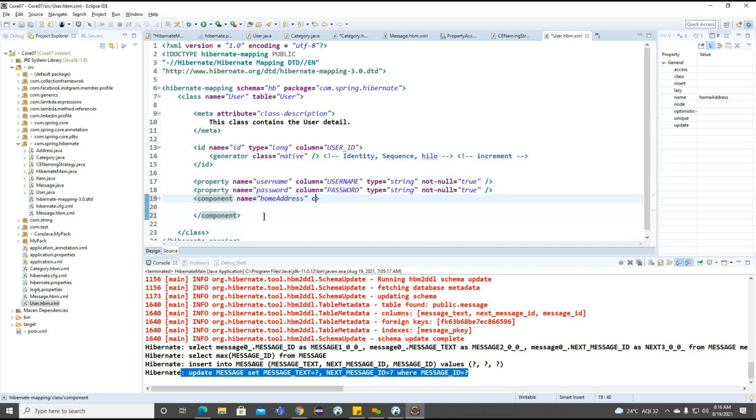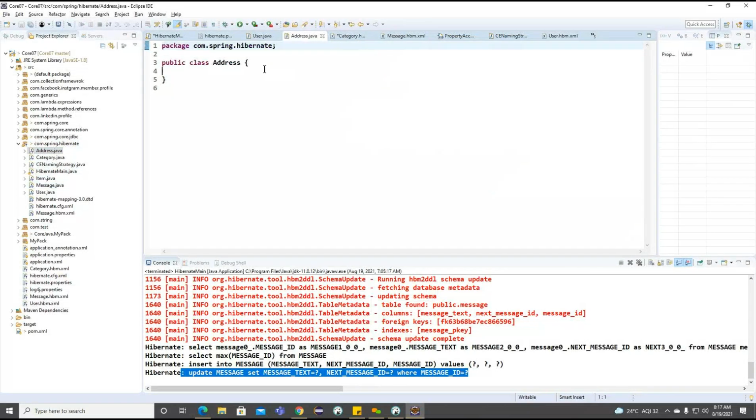And here we need to specify the class. So this particular component is referring to which class? That is called address. So based on the address properties only, we'll try to insert the data here. As of now, in the address class, we don't have any data here.